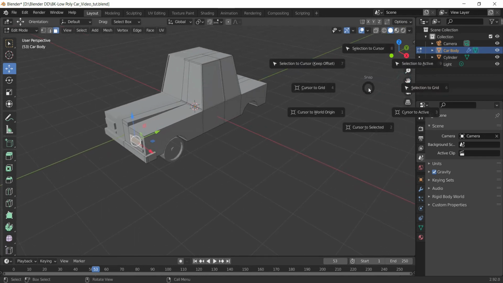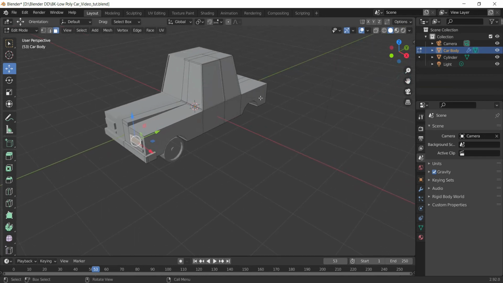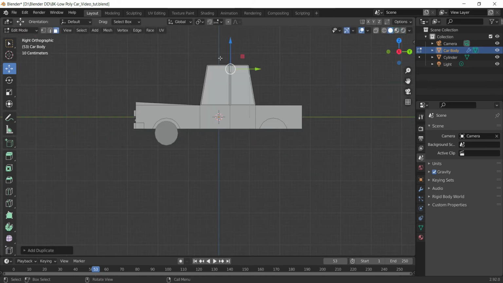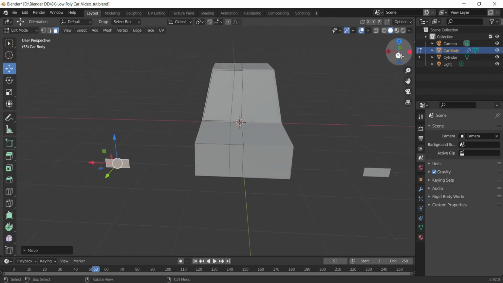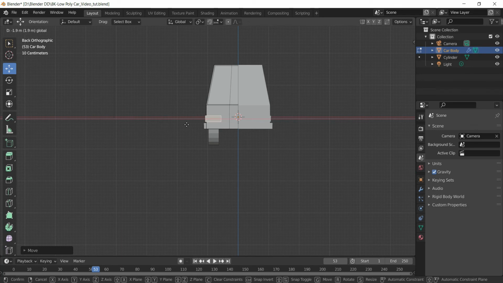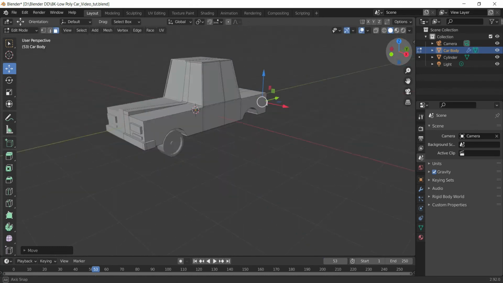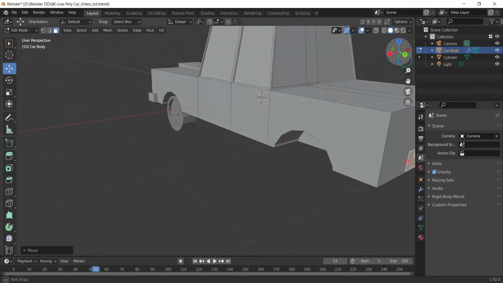So Shift D to duplicate and pull it to the back like this. Let's bring it all the way to the back. Yeah, much better.